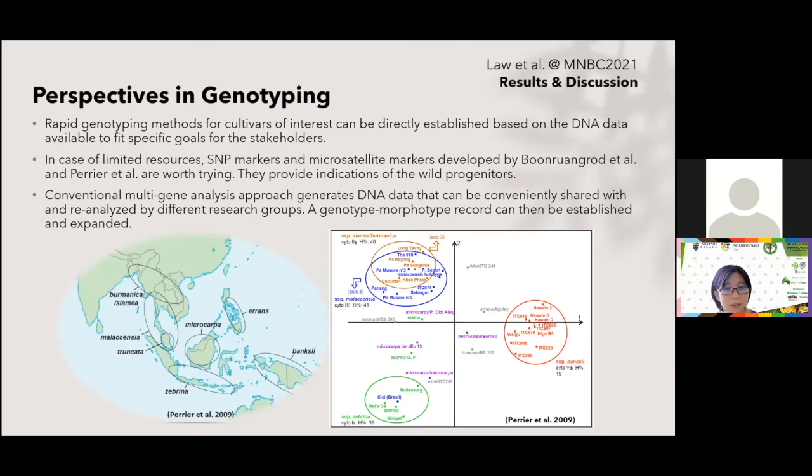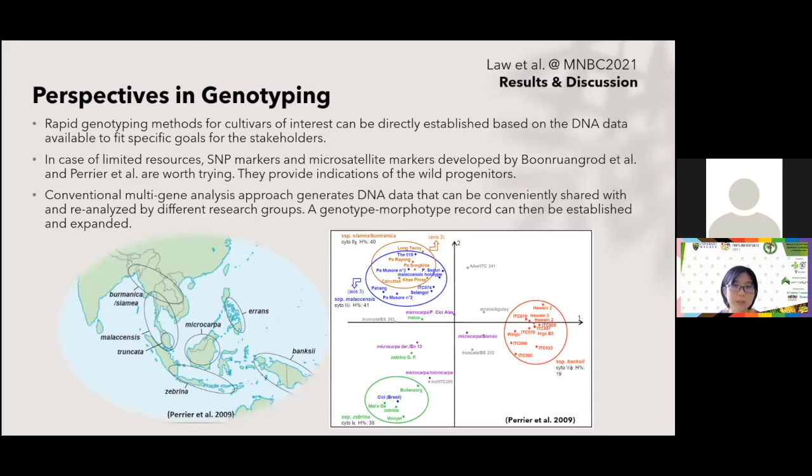So the SNP markers and microsatellite markers developed by Boonruangrad and Perrier are worth trying. And these markers can actually provide some indications of the possible wild progenitors. And the conventional multi-gene analysis approach generates DNA data that can be conveniently shared, compared, and reanalyzed by different research groups. For example, you see Boonruangrad's DNA